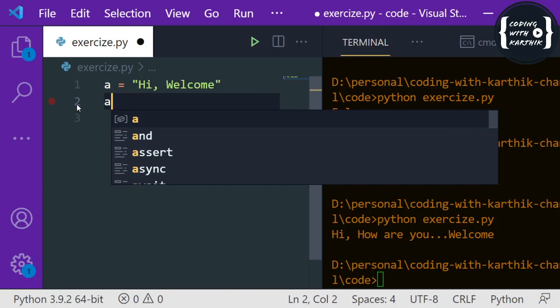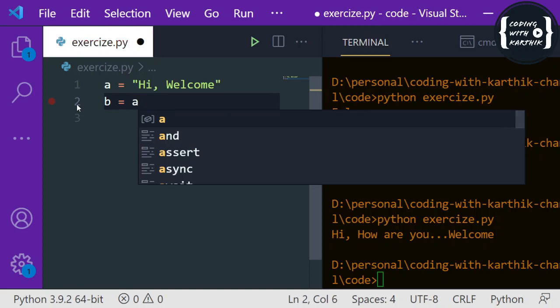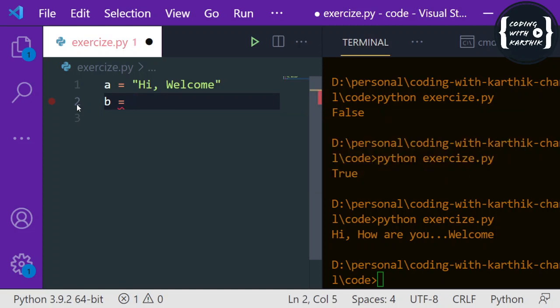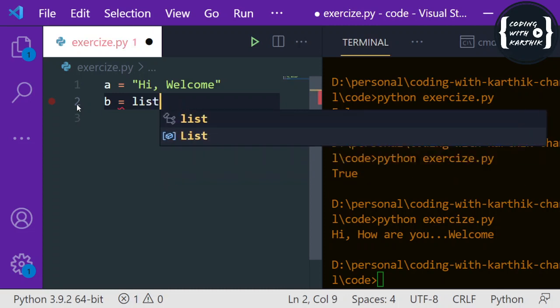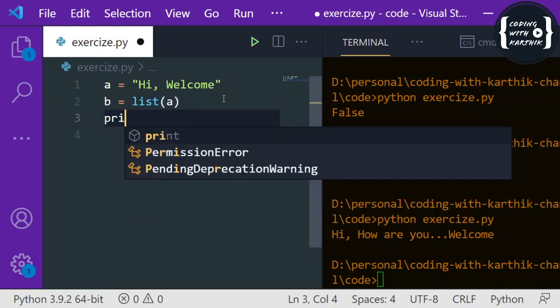Suppose you want to convert, let's say b equal to, you can convert the entire string to a list, then it will give you the list of characters. Instead of that, I will just split based on the comma, maybe. Yeah, let's see. So a dot, let's split based on that. If I just convert to the list, let's check first what is b.